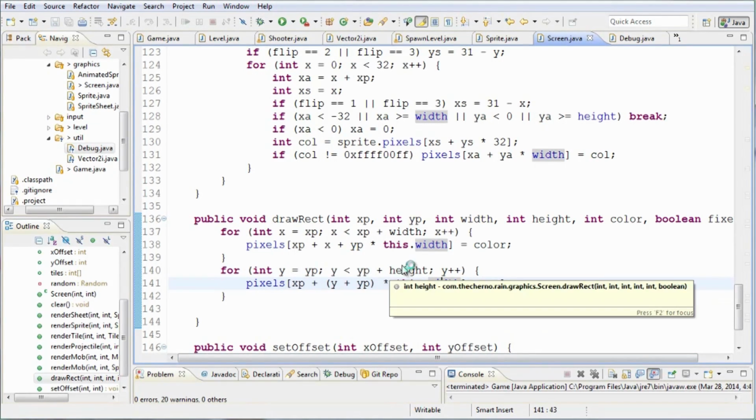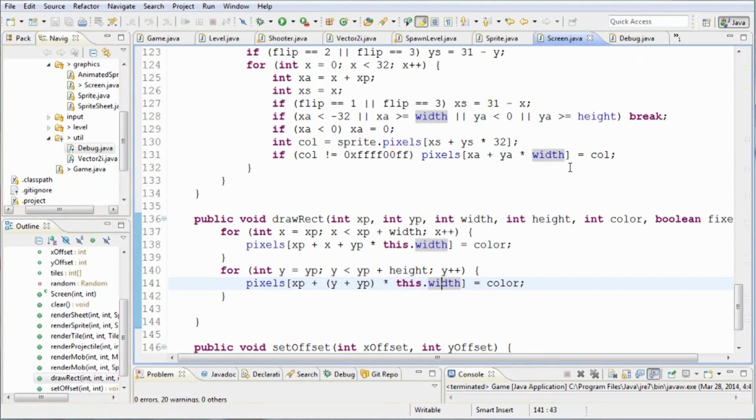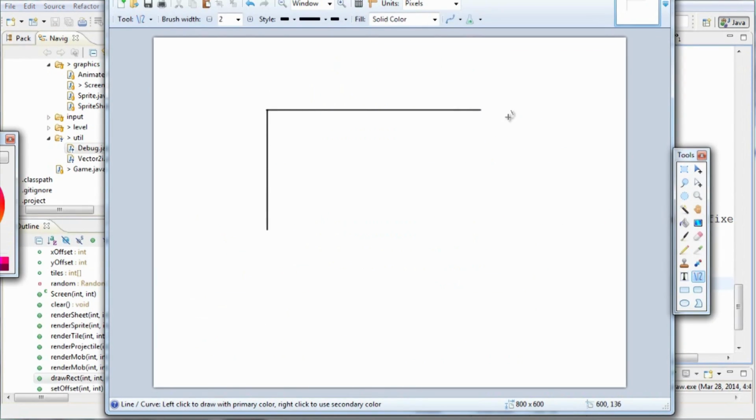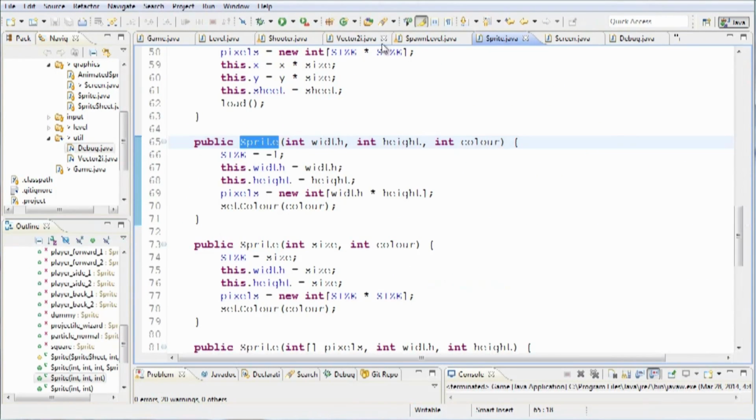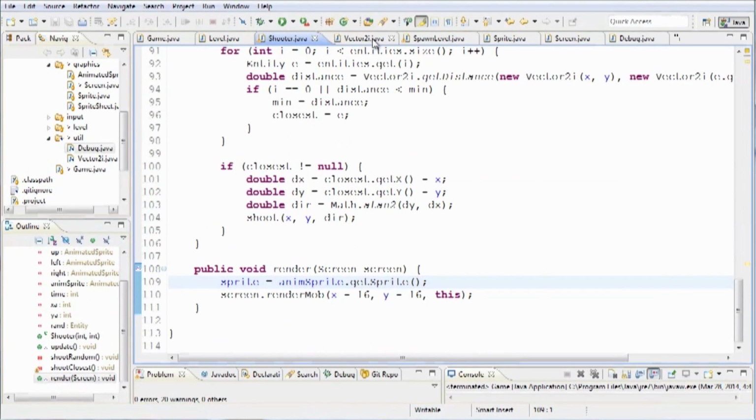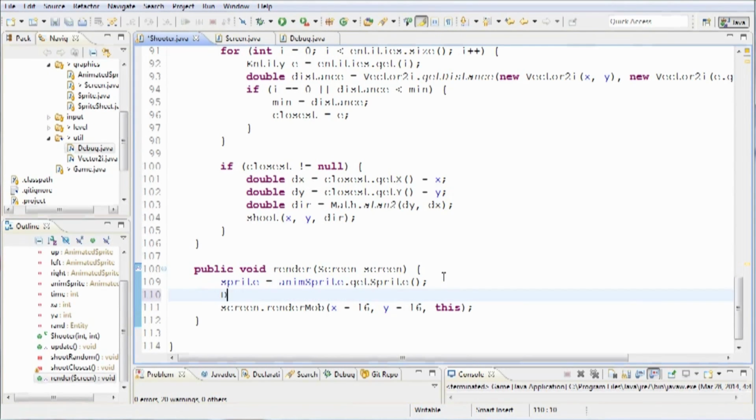So let's go ahead and try this out. Okay. We've got a basic method here. It sets it equal to a color. Now what it doesn't do, okay, it obviously just draws the 2, and it's not finished yet. But let's go ahead and nevertheless see what it looks like. I'm just going to close all these other classes that we don't need at all, just so we're dealing with what we need. And over here, I'm simply going to call debug,